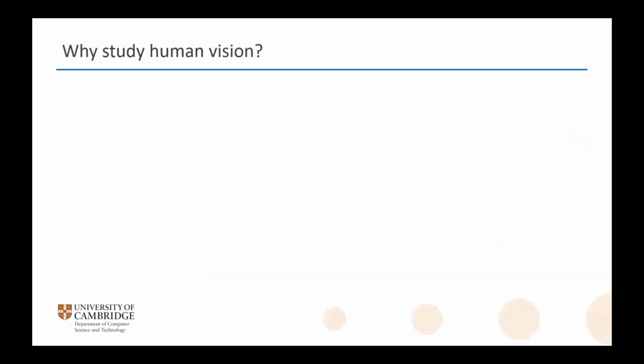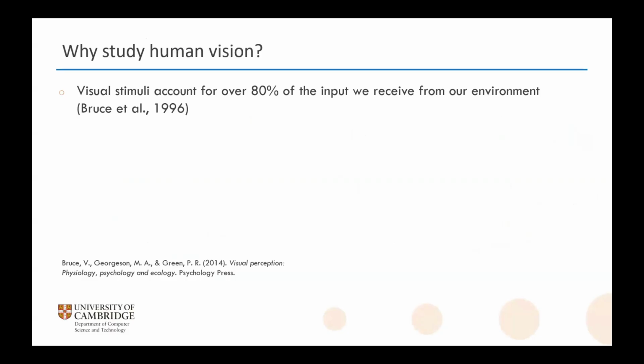So, starting with the question, why study human vision at all? While humans receive a lot of information constantly from our environment, right? Sights, sound, smell, but about 80% of this